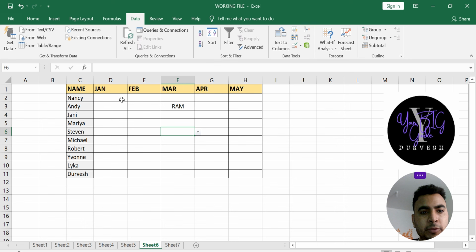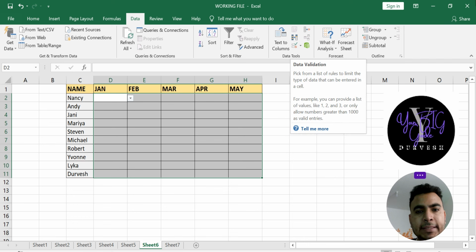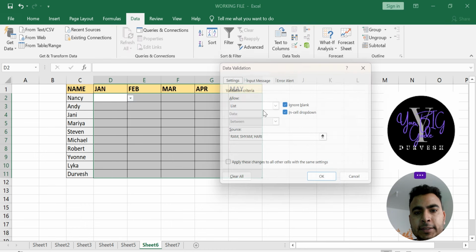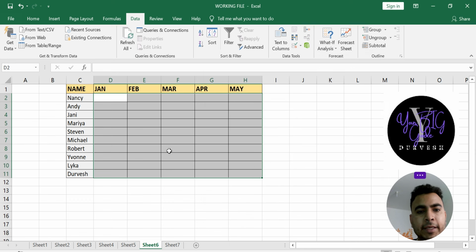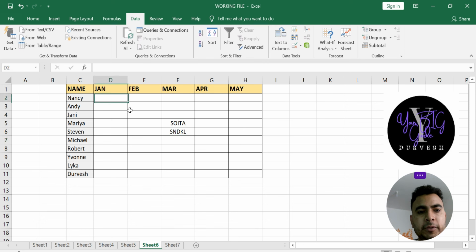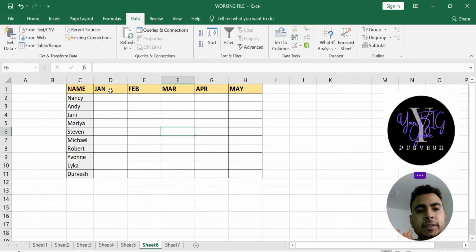Okay, now I hope you understand so far. So that is it. If you see any data validation list like this and you wish to remove it, go to the data tab and click here data validation and clear all. Okay, now here you can type anything you wish. So this is how you can protect your sheet, or this is how you can create a data validation and